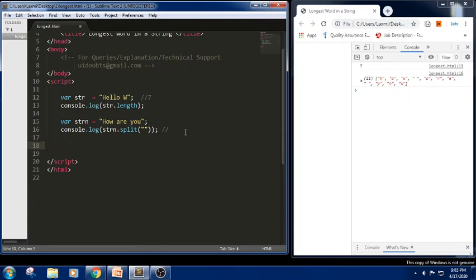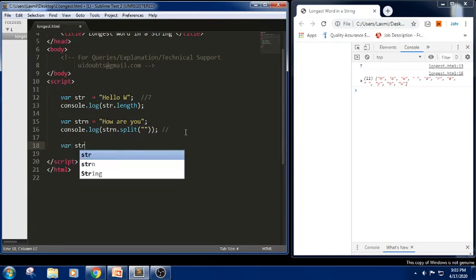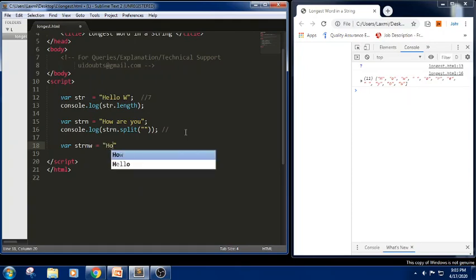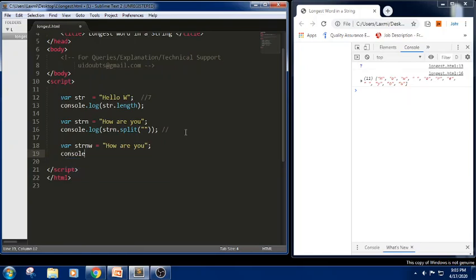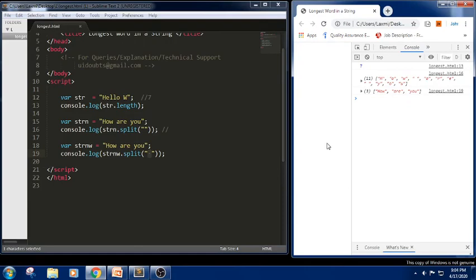Now if I want to make sure that each and every word is separated, now I have taken new. Let me take the same string again so that we can understand the difference. Console.log, and I write strn.split. Here I take the delimiter as space, whereas by default it would be comma. So I am separating the words using the space. Let me check the output now. Can you see we got three different words, that is, how, are, you.